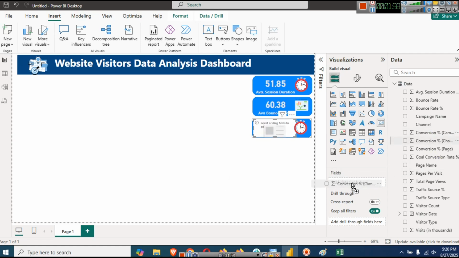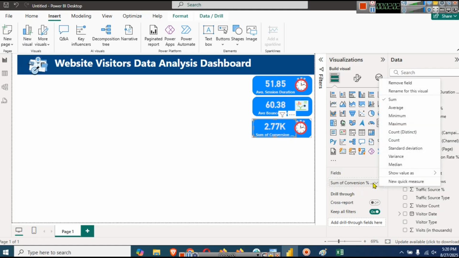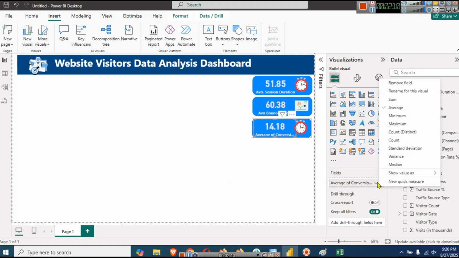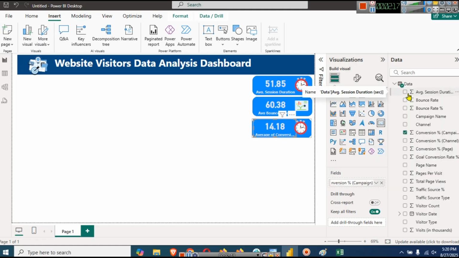So conversion percentage, and because conversion percentage is important, sum of conversion percentage will not be valid. Average conversion percentage for campaign, so you can see average conversion percentage is around 14%, and we can